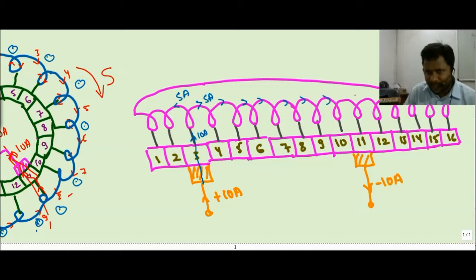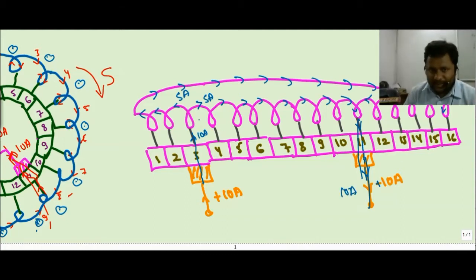It is moving like this. This is 5. And when it comes to this coil, there is a path for the current to leave. Similarly, this 5 is going in this fashion. This is 5. It is coming from the back side to the front, and it is moving 5. This is 5. This is 5. And it is again going towards the left.